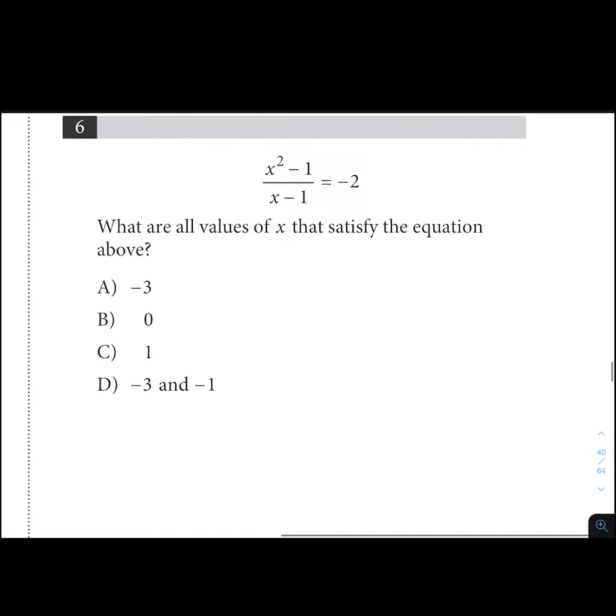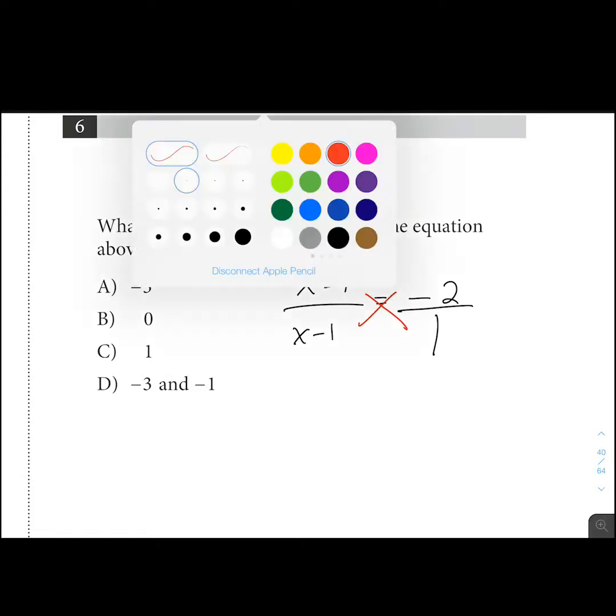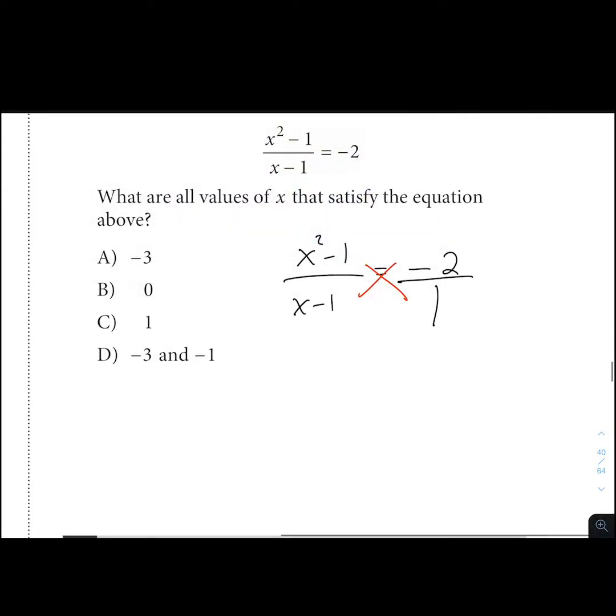Looking at number 6 now. What are all the values of x that satisfy the equation above? The equation is x squared minus 1 over x minus 1, and that equals negative 2. So we need to basically solve for x here. Now, there's different ways to do this. I probably recommend the easiest is just cross multiply right here. I set the right side over 1 because you can divide anything by 1 and not change its value. So when I cross multiply both sides here,